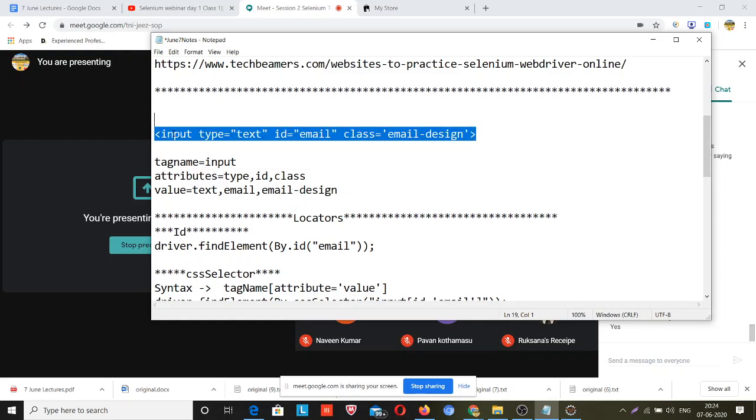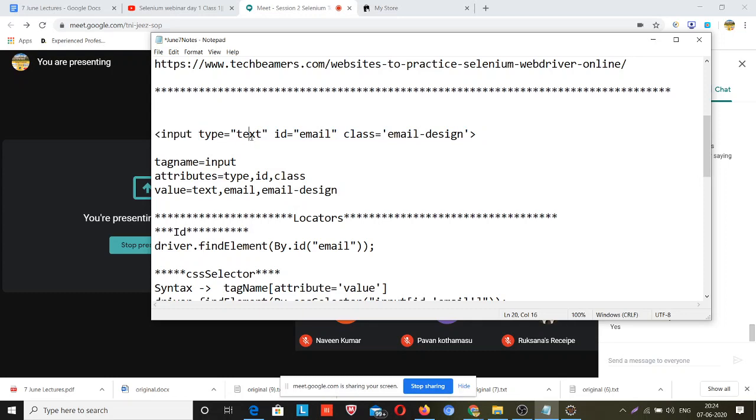Input type is equal to text, id is equal to email, and class is equal to email design. So what is the tag name? This input is the tag name, and similarly for that anchor tag, A is the tag name. Type is the attribute, id is the attribute, class is the attribute, and this email for the id is the value.